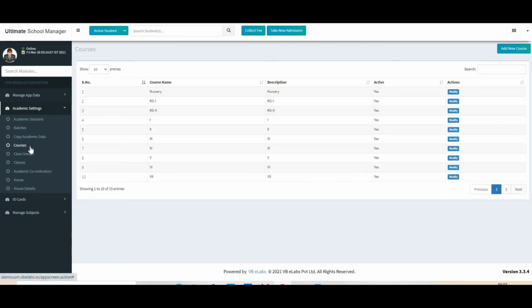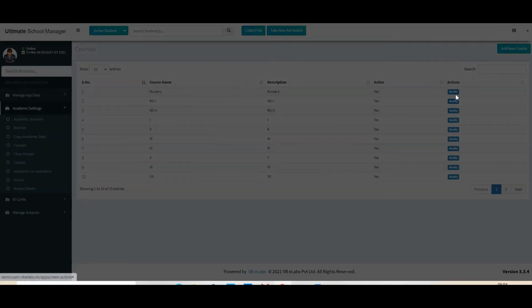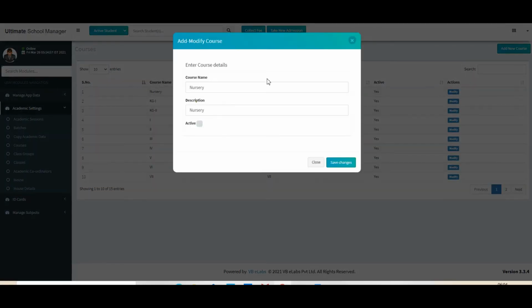Now we move on to courses, how courses are defined. These are the different names of the courses: nursery, KG1, 1, 2, 3, 4, 5, 6, 7, and you can modify the names or the course details from this modify button.